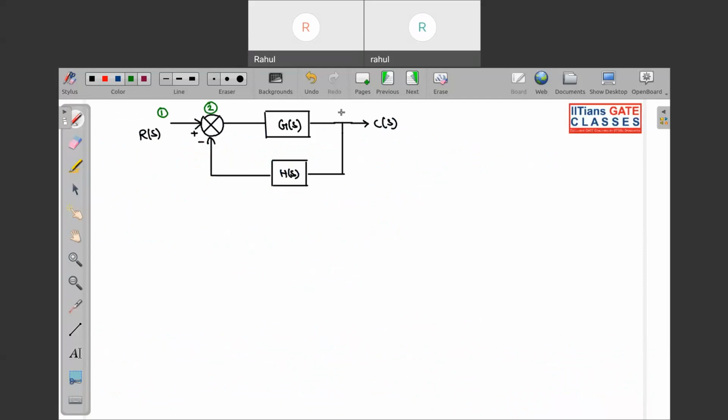Your takeoff points will also be considered as nodes, and your output node, meaning the output, will also be considered as a node over here. So it is termed as your source node also. Sorry, it is also termed as your sink node. So you can see basically,